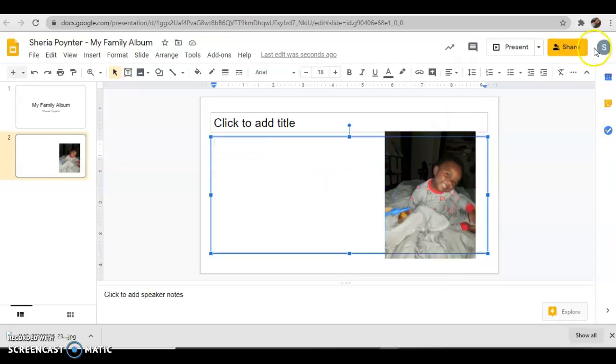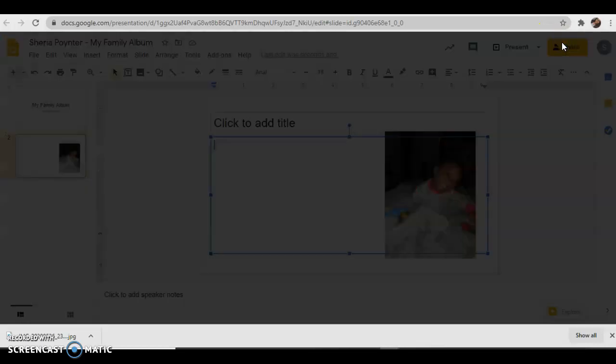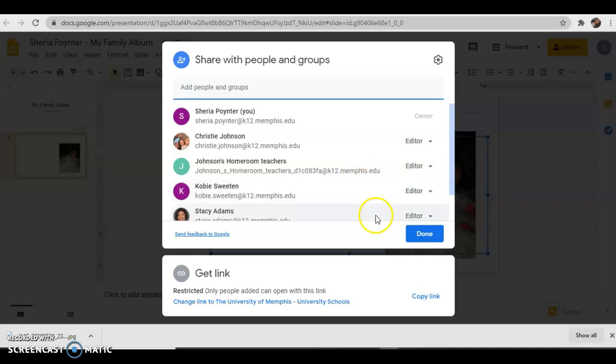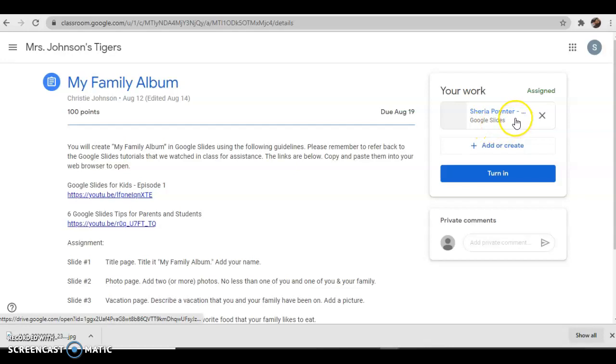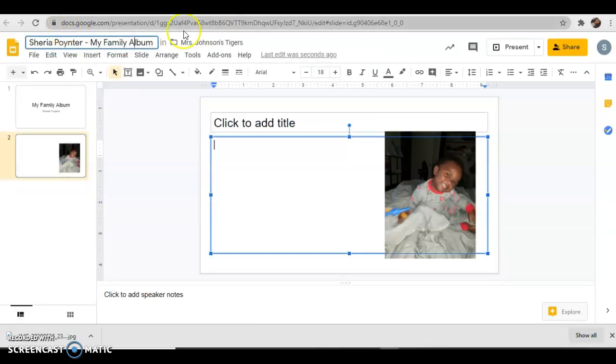So when it comes to uploading it, all right, so we're going to share it. Oh, we're not going to share it. So we got it saved like that in Mrs. Johnson's Tigers. You go to there, and then you go back to the assignment, and you will also see it in there as well. So another way you can do it is if you go back to the Google Slides,